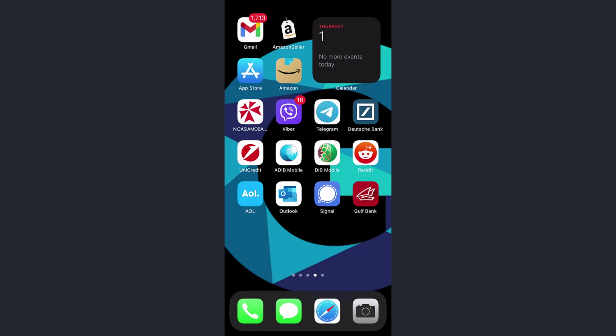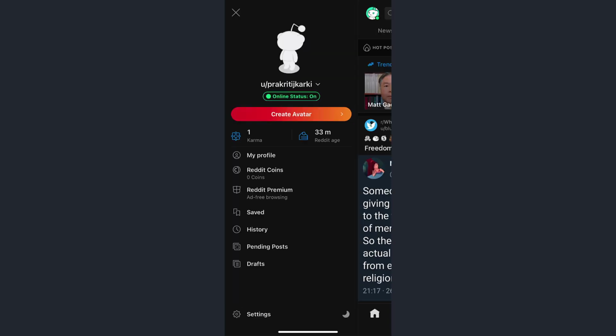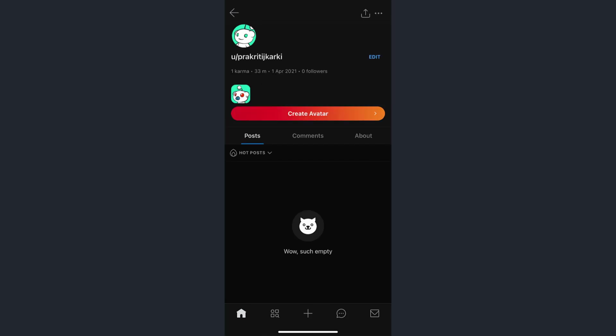In today's video I'll show you how you can change the username of your Reddit app. So first of all, open the app. Once open, tap on the upper left corner of the screen. Then you will see your option with my profile. Tap on it. Now once this page is opened up, tap on the edit option which is right beside your